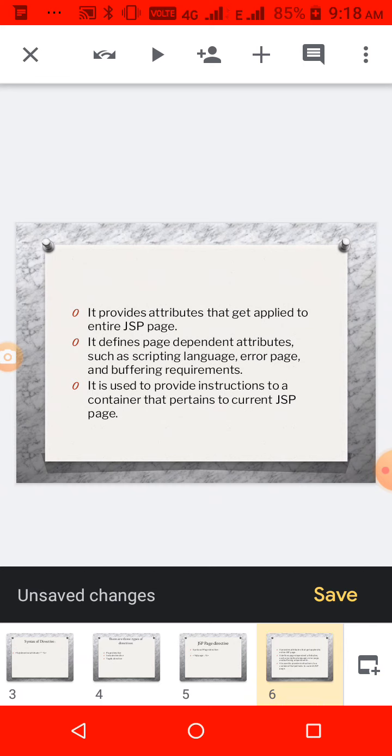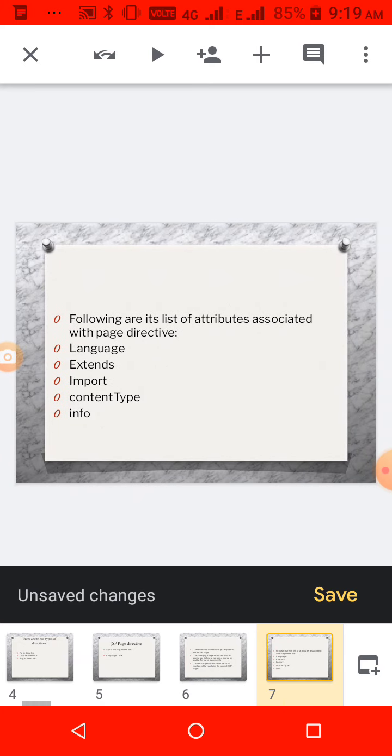All these details we can express. It is used to provide instructions to the container that pertain to the current JSP page. So the use of a directive is to give information regarding the JSP page to the JSP container.